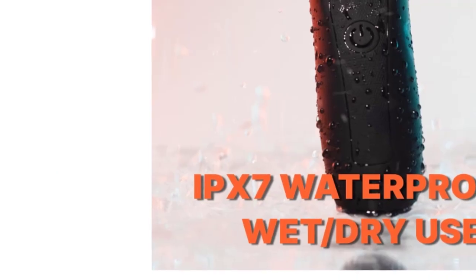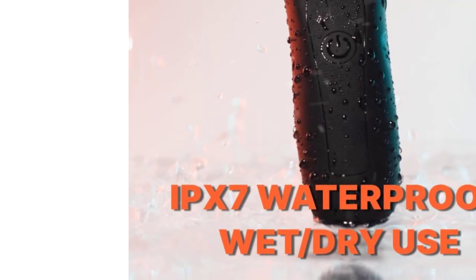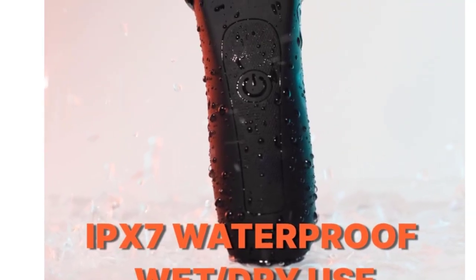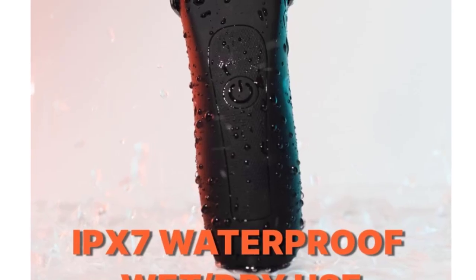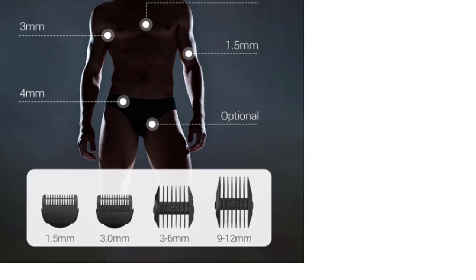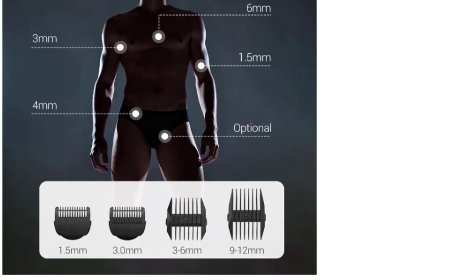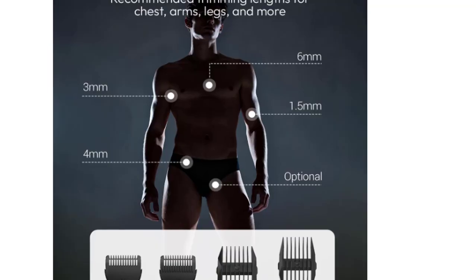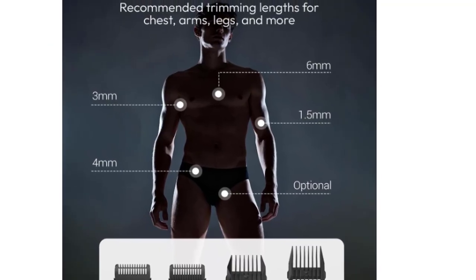after every use. On the downside, while the trimmer is fantastic, I wish it came with more guard options for even more customization. Also, it feels a bit bulkier than some competitors, which is something to consider if you prefer a lighter tool. But overall, the Manspot Manscaped trimmer is a solid choice for anyone looking to elevate their grooming